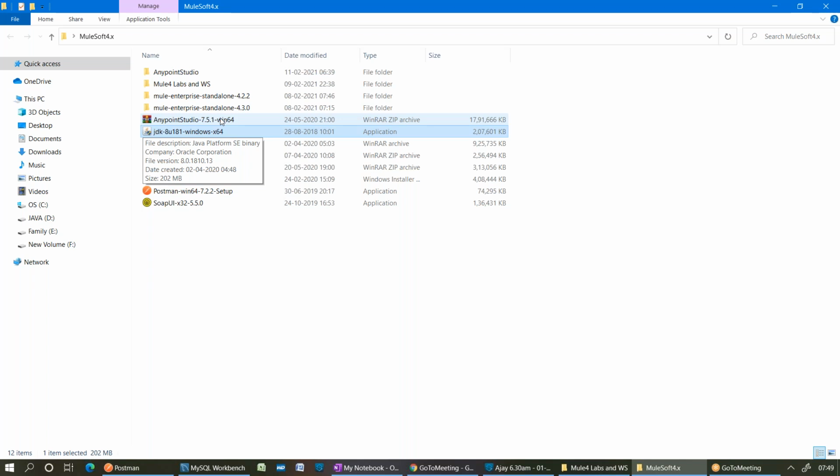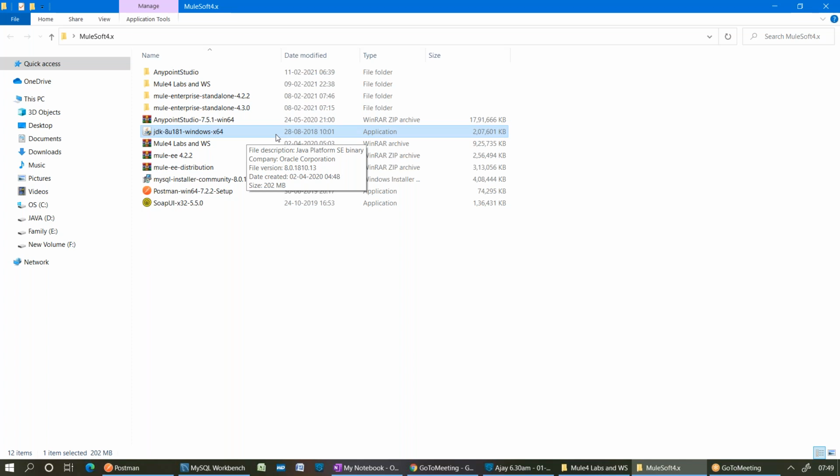When it was open JDK, I downloaded that one and I'm using that. If you are using below 7.5.1, Anypoint Studio does not come with an open JDK, so we need to explicitly set up a JDK on your machine. If you are using 7.7, Anypoint Studio will come with the open JDK, so there is no need to explicitly set up or install a JDK on your machine.